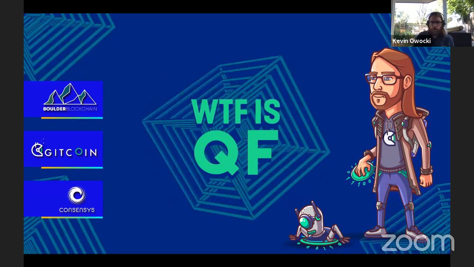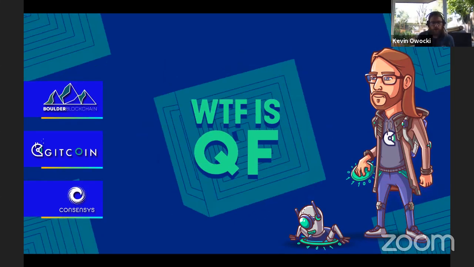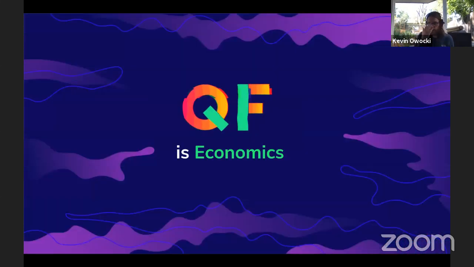We're trying to come up with more democratic mechanisms for funding open source software, and quadratic funding is a pillar of that. Quadratic funding is an economics paper. You can actually Google it and read the whole 40-page paper. But I'll save you some of the